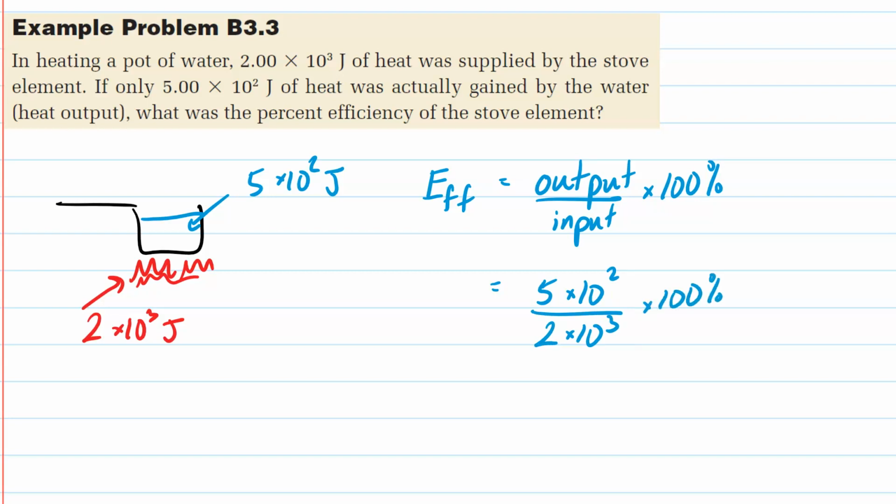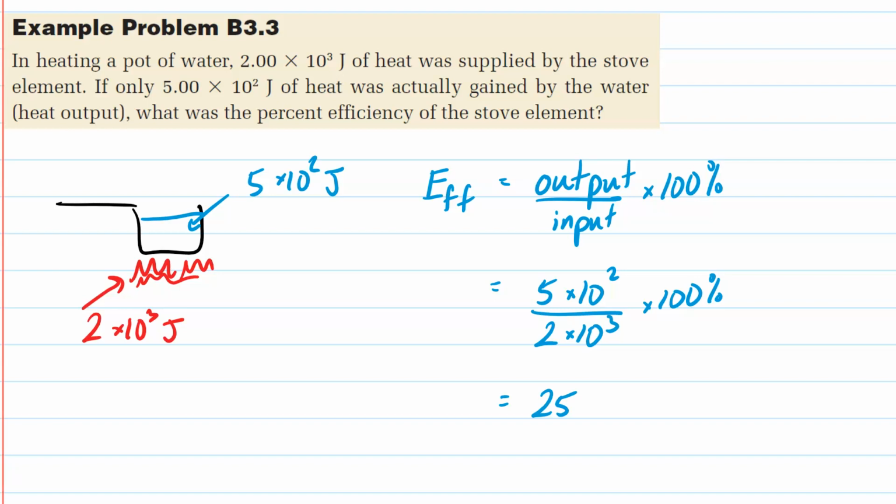If you happen to mix that up and say this should be 2 times 10 to the 3 divided by 5 times 10 to the 2, and multiply by 100, you would get a number greater than 100% efficiency. And that's one of the ways you would know that your calculation is incorrect. For the efficiency, the output always has to be less than the input, always a smaller number than the input. Okay, let's plug that in the calculator, and that should be 25%,